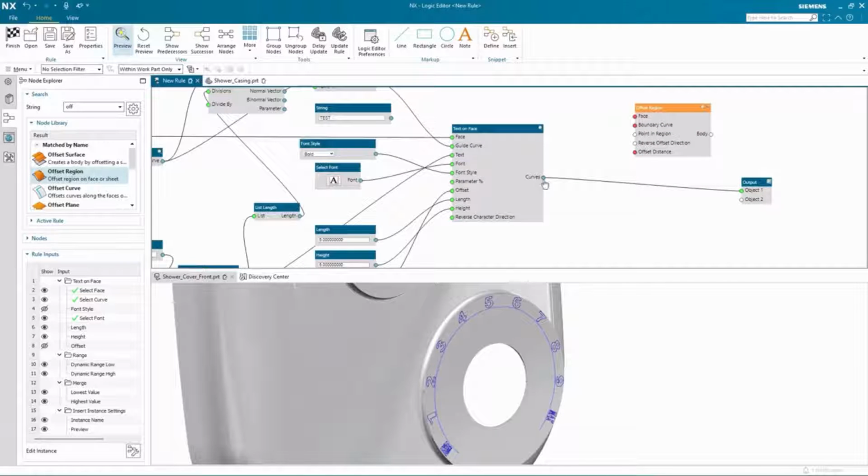Now, before I start to connect the ports on the offset region node, I'm going to flatten the output list of curves that I've got from my text on face node. The reason I'm doing that is that I get a single list, and that list includes both the inner and outer boundaries of the curves. So if you look at the number 8, for example, you've got the outer boundary and then 2 inner boundaries. And NX will be intelligent enough to know what is the inner and outer boundary when it creates